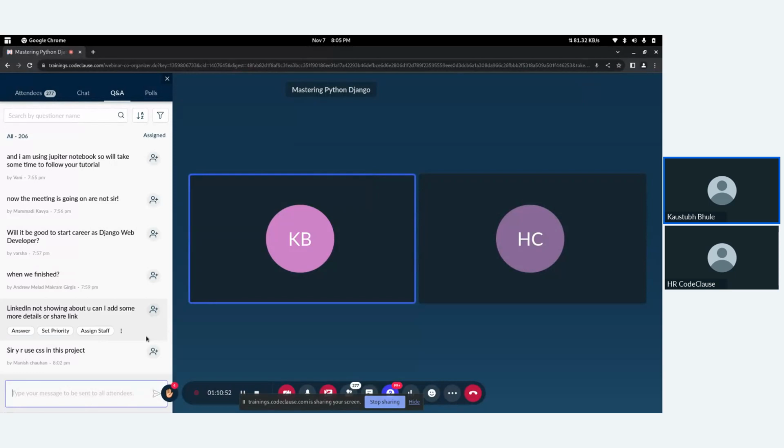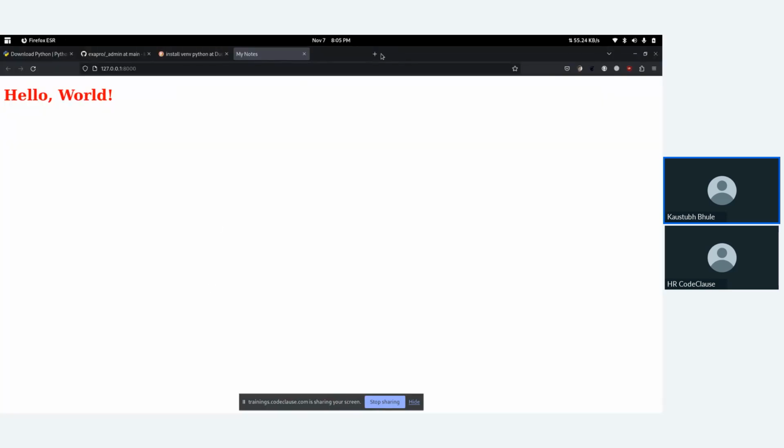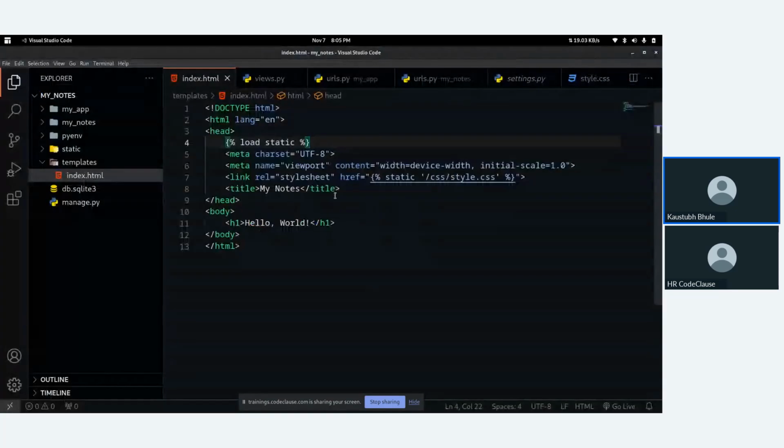Sir, why are you using CSS in this project? Just for styling, or for HTML structure when we finish. And guys, it is not a crime to take a reference from someone else's project for building your own. So don't be ashamed of that. Okay, I guess up to now we are clear.